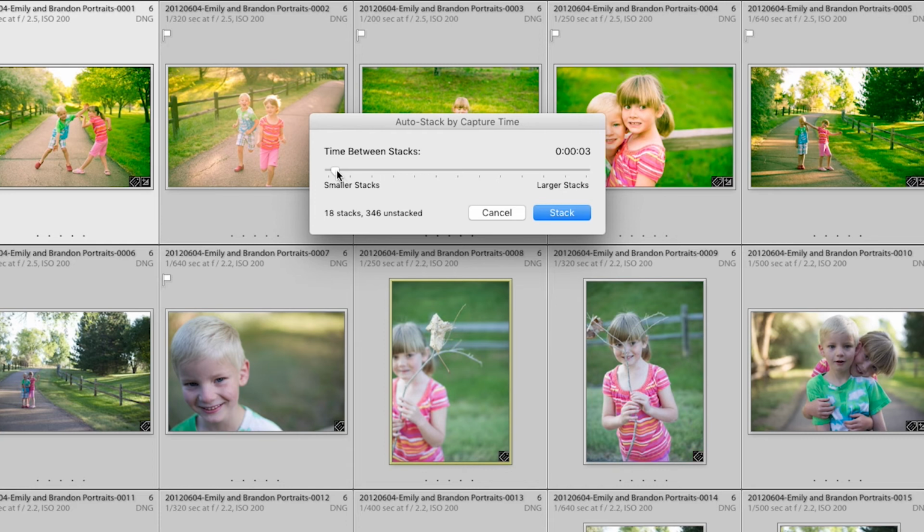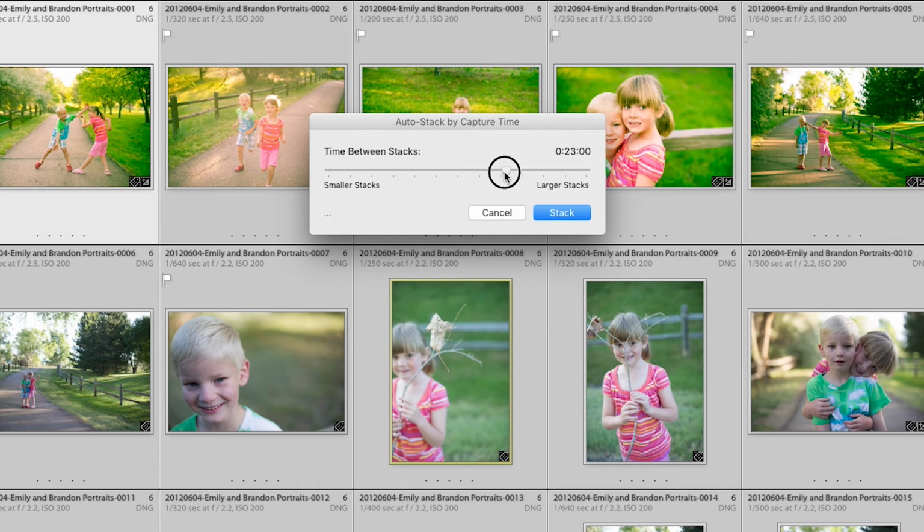So right now I have a time between stacks set to 3 seconds. By default, I think it was something like a minute. Let's just play with this a little bit. So if I define the stack, as you can see, if I start increasing that, it's going to create more stacks. So if I go crazy and apply this to maybe like 1 hour apart, it's going to create a total of 48 stacks. And that's a lot.